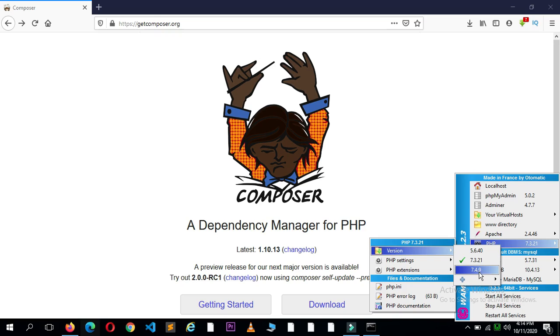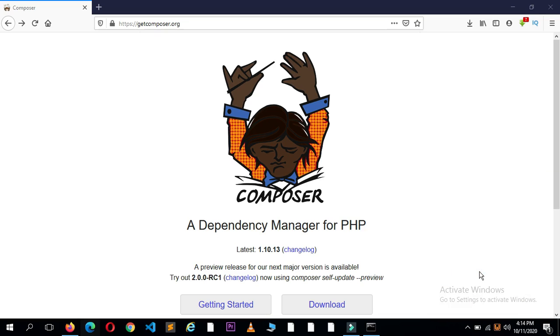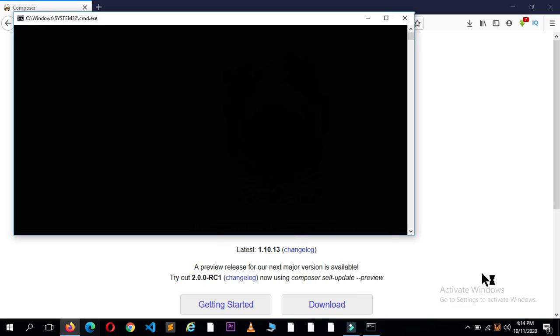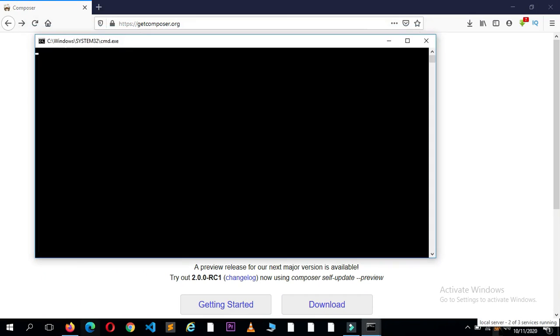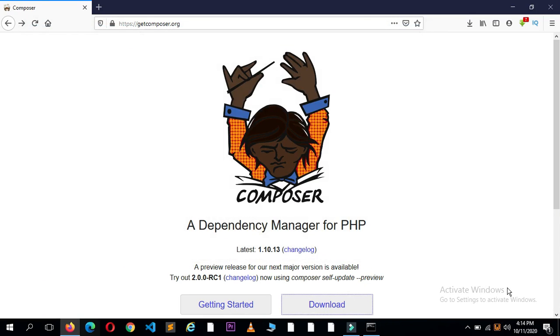7.4.9, because whenever we were installing Composer, we were installing Composer in 7.4.9. So we will click on that. Now it will restart the services of the local server. Make sure that where you already installed Composer, in the same manner the same PHP version should be turned on. So now I will go back to the CMD,